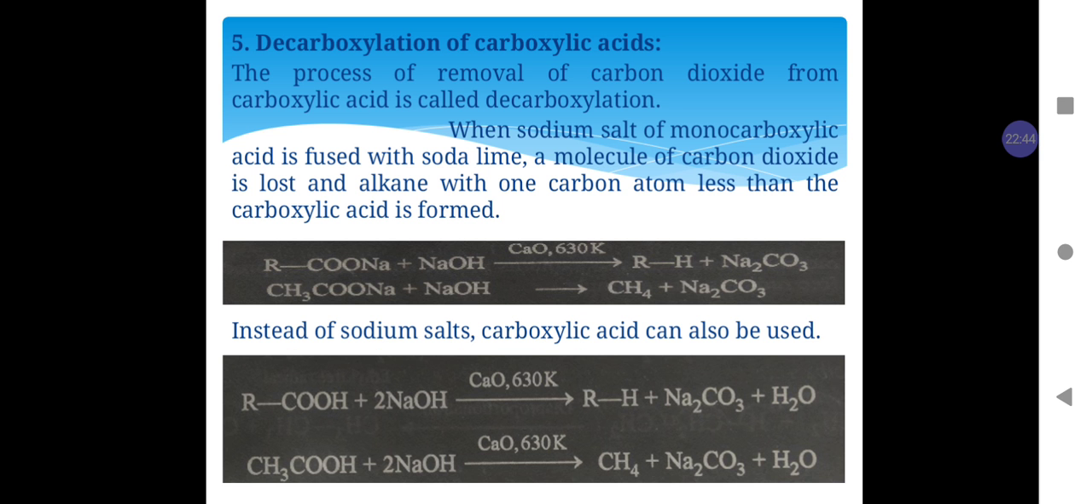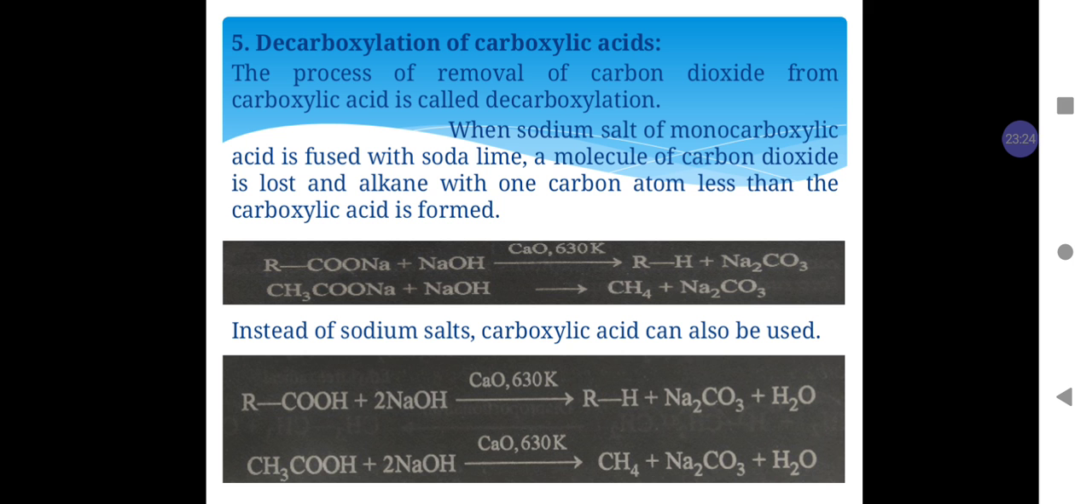The next method for preparation of alkane is decarboxylation of carboxylic acid. The decarboxylation reaction involves the removal of carbon dioxide from a carboxylic acid. In this reaction, when the sodium salt of a monocarboxylic acid is fused with soda lime, a molecule of carbon dioxide is lost and an alkane with one carbon atom less than the carboxylic acid is formed. For example,